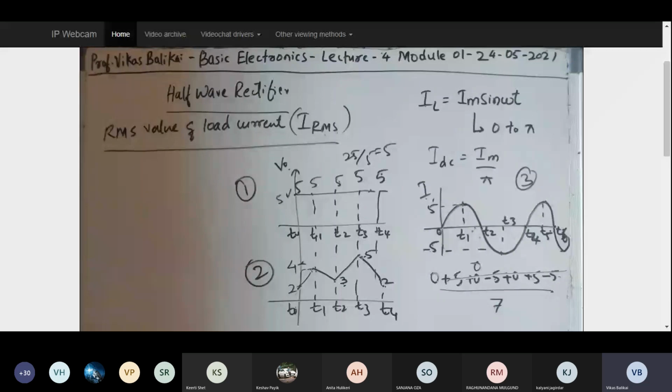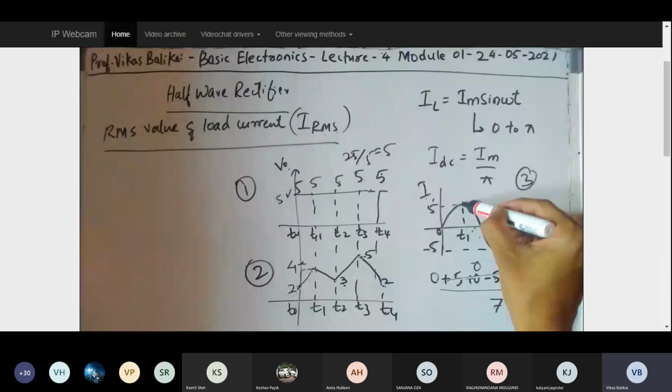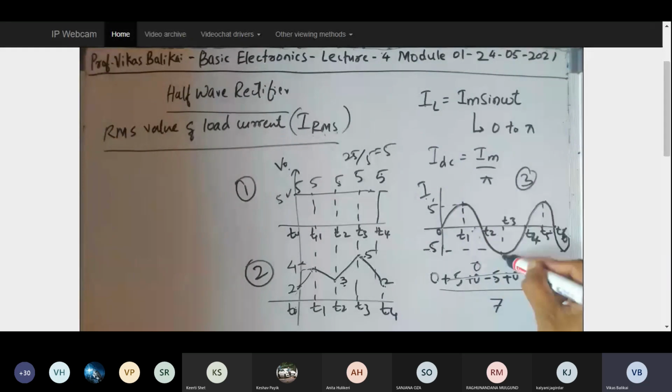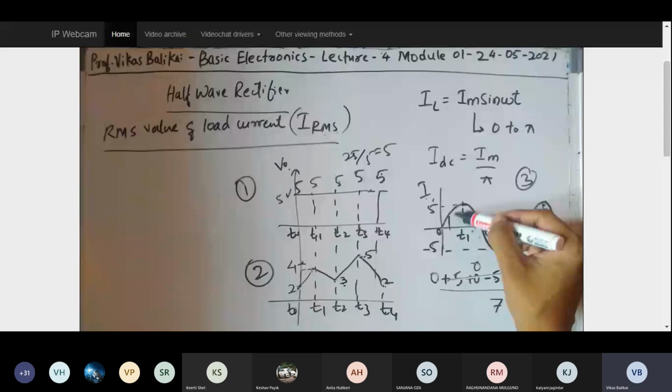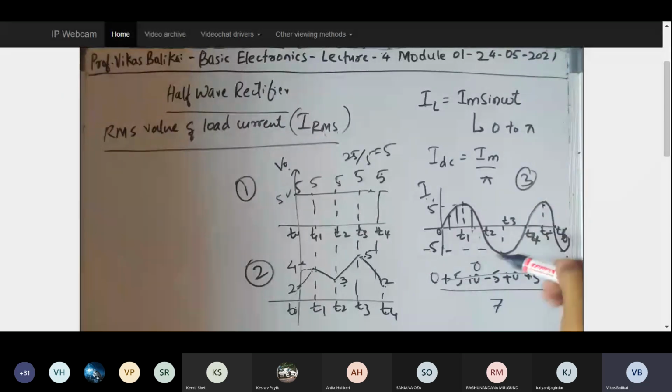Because I have shown the waveform here, the current exists, so how can its average value be 0? That is coming because you are taking once the positive side, once the negative side, once the positive side, once the negative side. Even if you take intermediate values, as many intermediate values as you take on the positive side, the same number will come on the negative side. So ultimately, at the end of the day, your average is going to be 0, but that's not true, right? It has got some average content, some average value over a period of time. I cannot say that the average value of this sinusoidal current is 0.